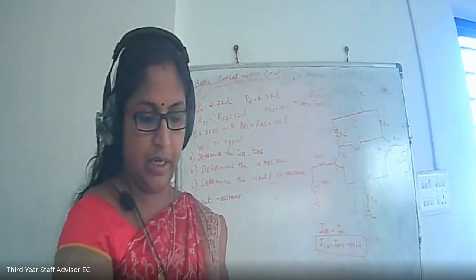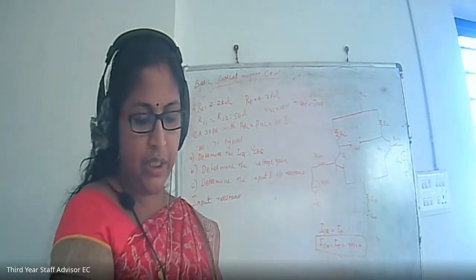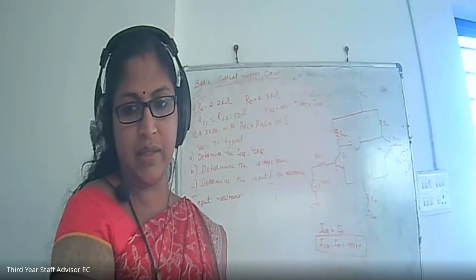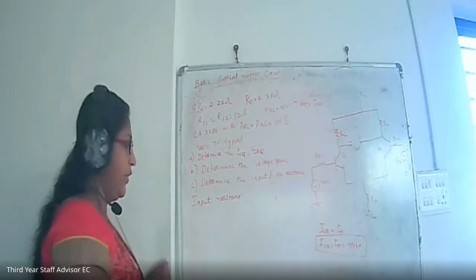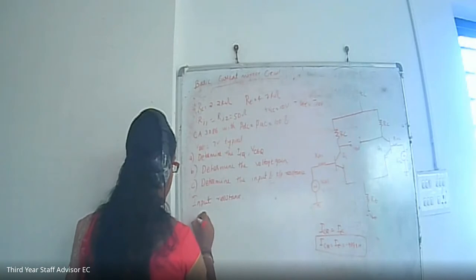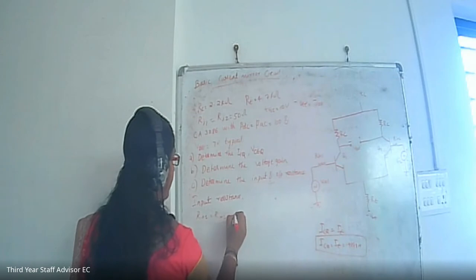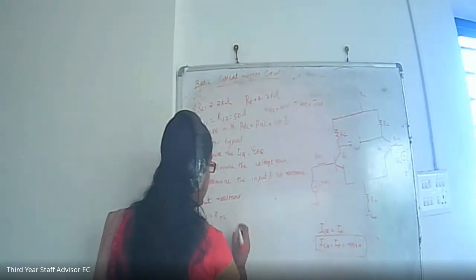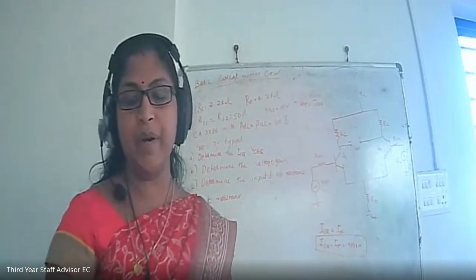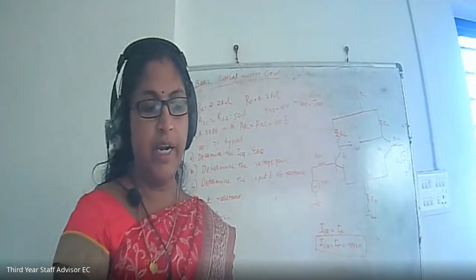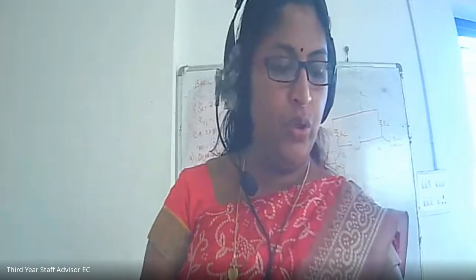So what is input resistance? Input resistance will have an equation. Here RS, input resistance is Rin1 equal to Rin2, you have to calculate it. In our DC analysis there is an equation, but for doing problems we are using another equation. You might remember an equation like RI equal to 2 into RS plus HIE. But the HIE quantity is not given here, right? That is why we are using another equation.